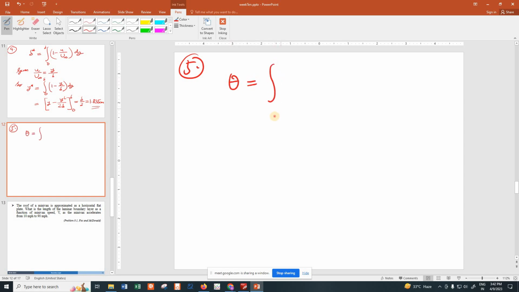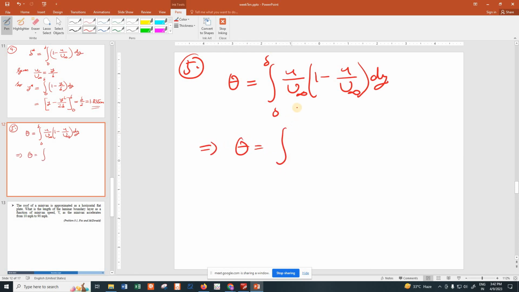The momentum thickness was integral from 0 to delta of u by u infinity times (1 minus u by u infinity) dy. As it has been given, u by u infinity can be approximated as y by delta. So this would become